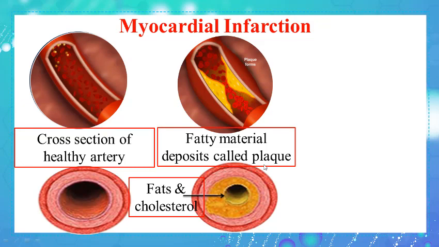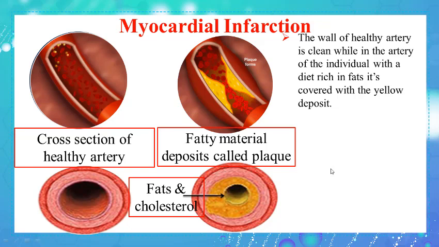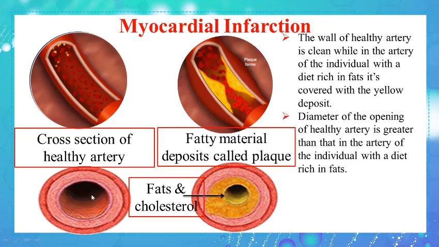Now I want you to pause the video and try to compare the aspect of these two arteries and their diameters. So the wall of healthy artery is clean, while in the artery of the individual with a diet rich in fat, it is covered with the yellow deposit. The diameter of the opening of healthy artery is greater than that in the artery of the individual with a